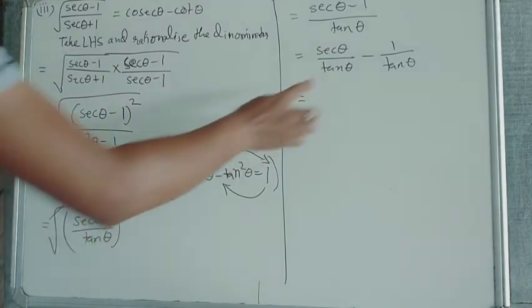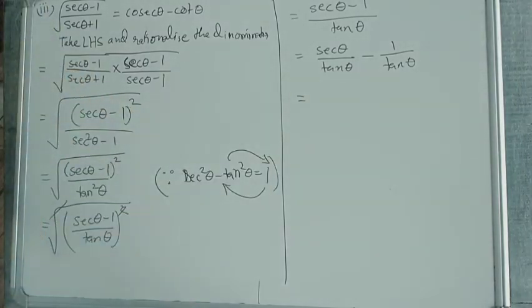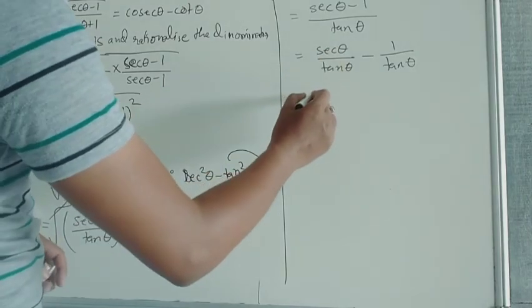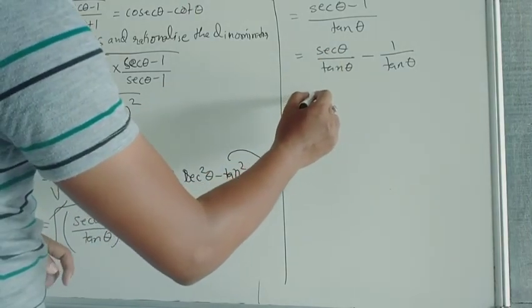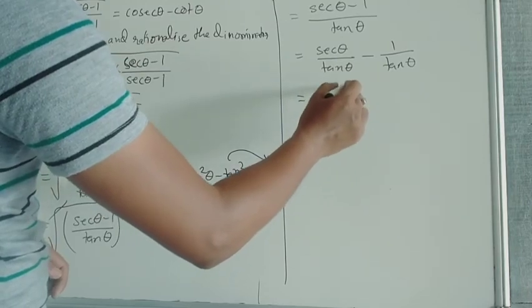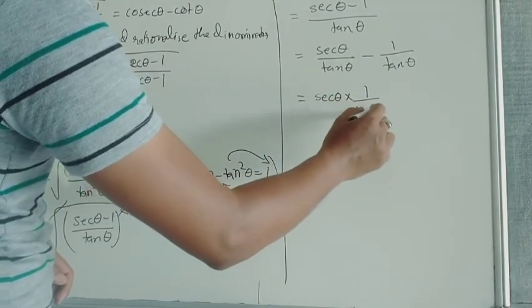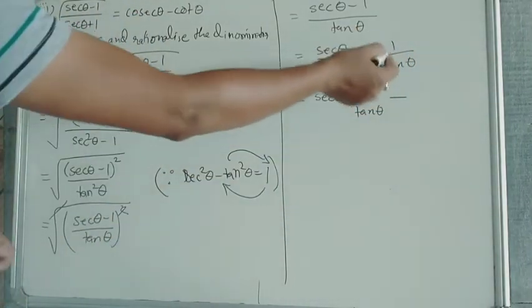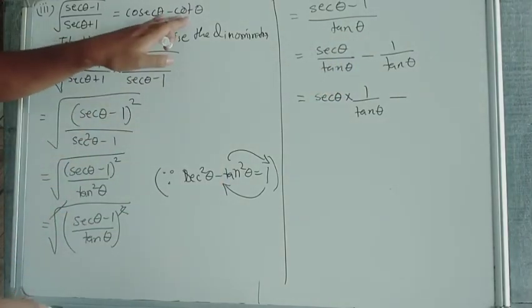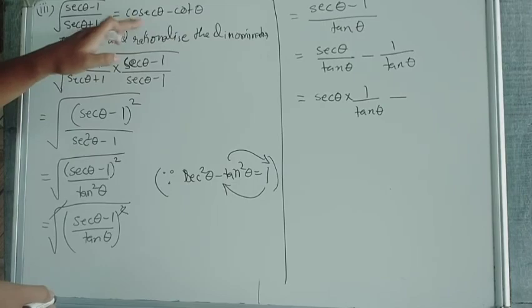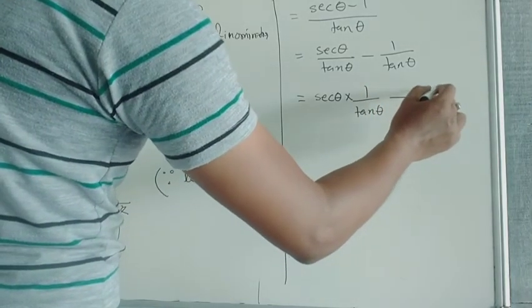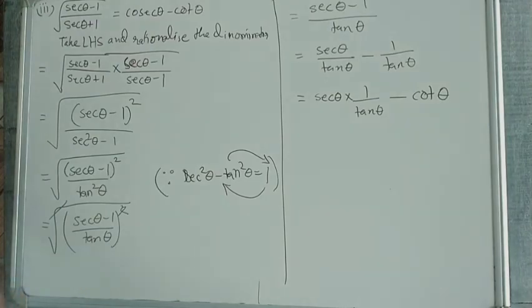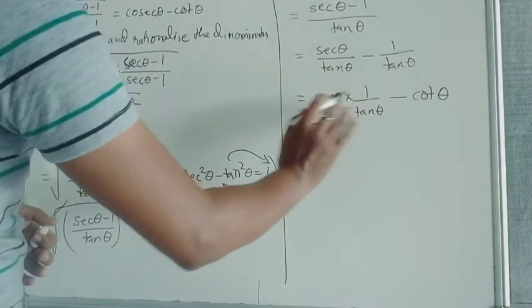Now the problem here is there is no direct relation between sec theta and tan theta. So what we can do now, this part I will separate so that it will be easy for you to understand. See, sec theta into 1 by tan theta, can I write like this? And this side 1 by tan theta, directly I can write cot theta. So this cot theta part we got, only this cosec theta we did not get. 1 by tan theta is your cot theta. So that got finished, only this part.